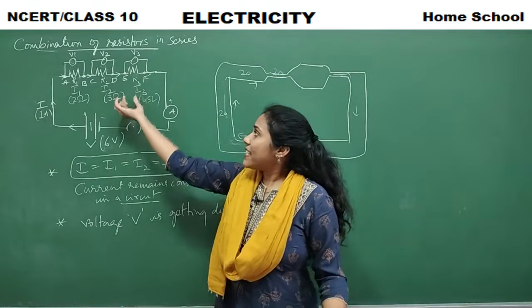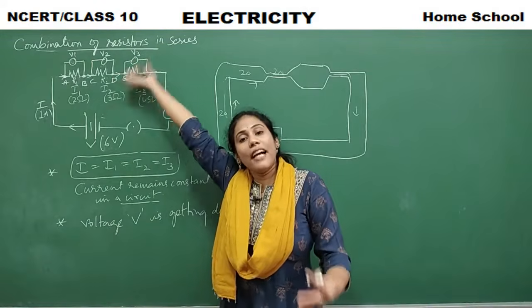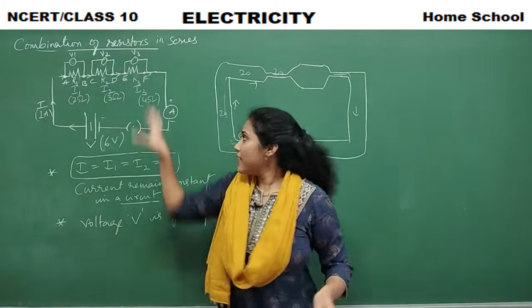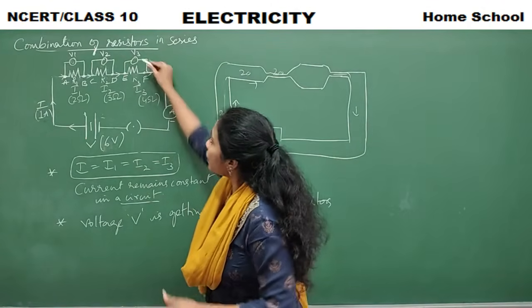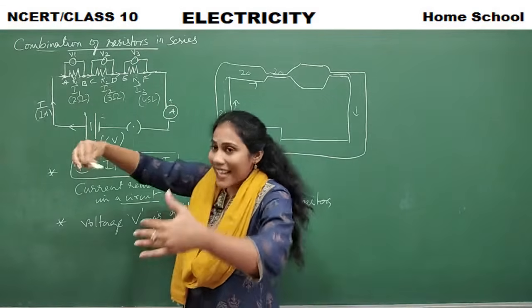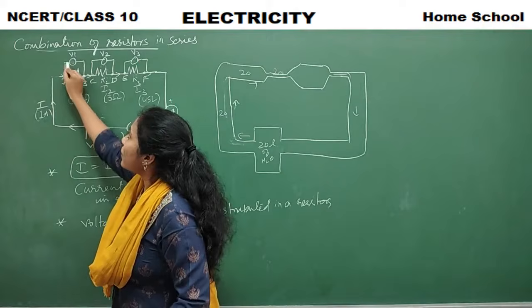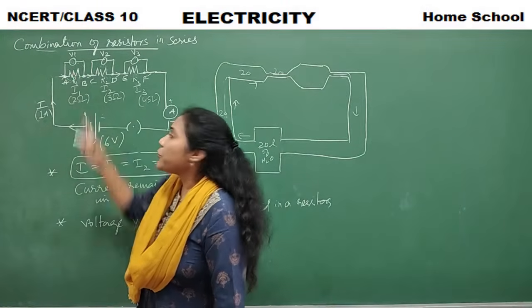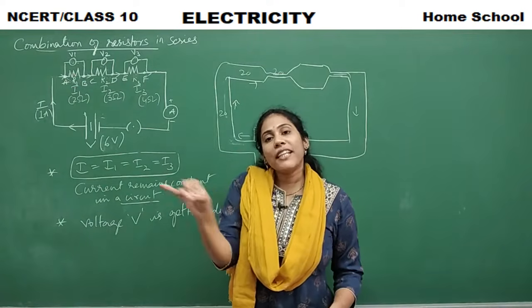So the one which has more resistance requires, in that particular region, more push for the flow of current. That's the reason. Where do you find more voltage? More voltage you would observe in this particular resistor. And less voltage, where do you observe? Less voltage is observed across this particular resistor, because the resistance of this resistor is just 2 ohms. Resistance is very less. That means disturbance to the flow of current is very less.